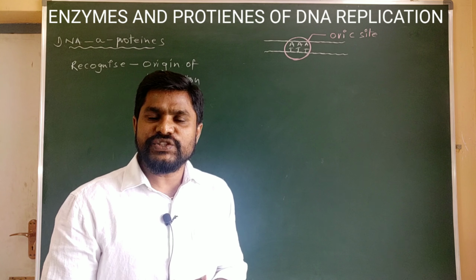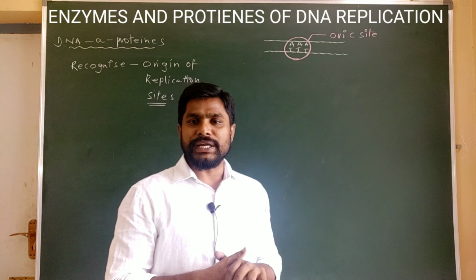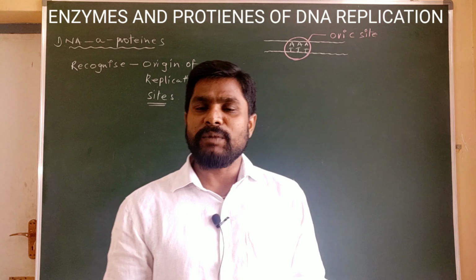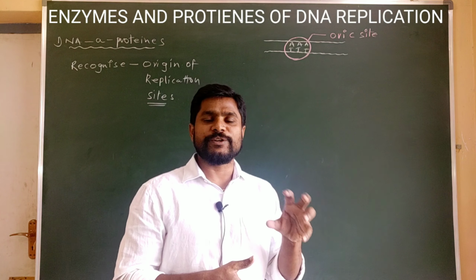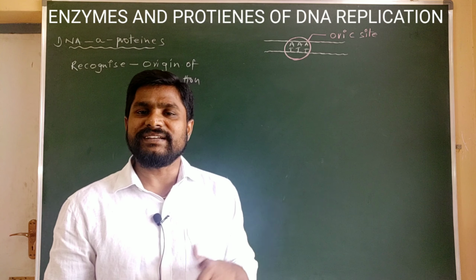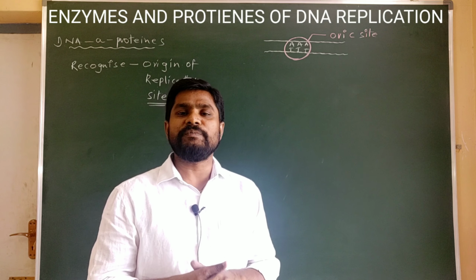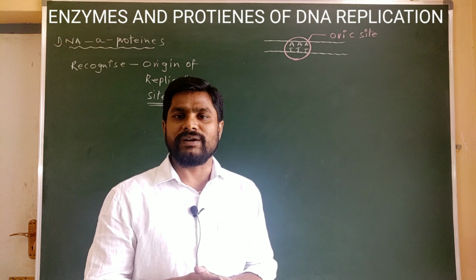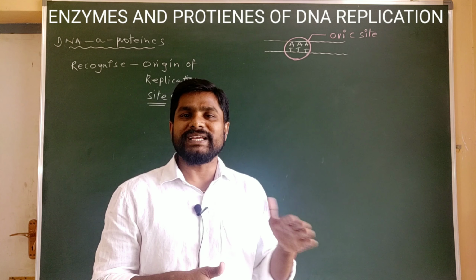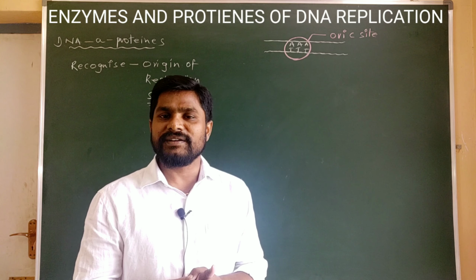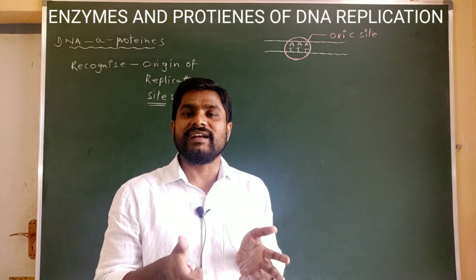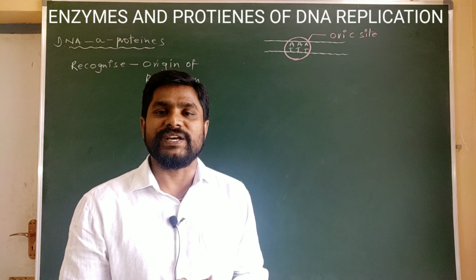Cloning of a desired gene through rDNA technology requires vectors. The vectors are DNA molecules which consist of origin of replication sites. Actually, the desired gene or gene of interest which we want to insert in a vector doesn't have any origin of replication site, so it cannot replicate itself. So we are inserting our gene of interest into a vector where the origin of replication site is there.